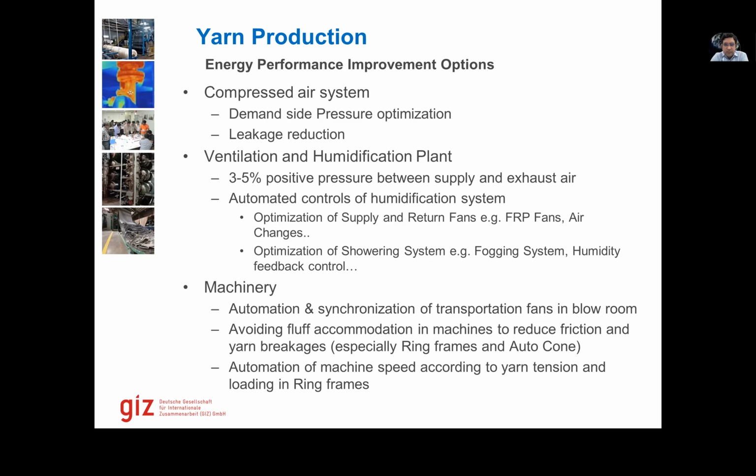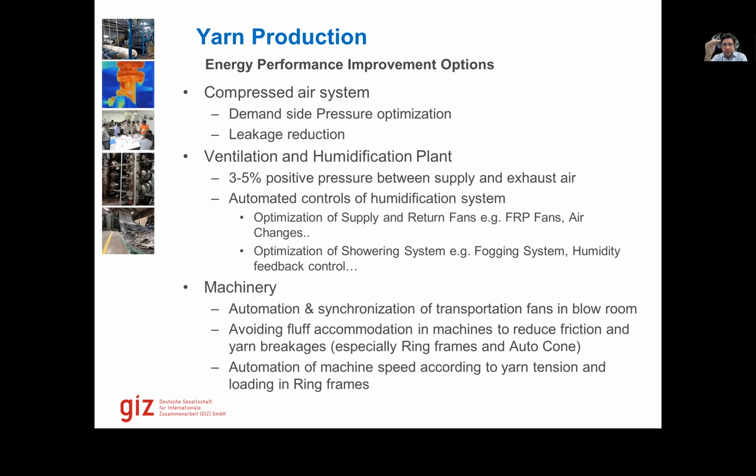Inside the machinery, the cotton from the first process till the carding process is transported using blowers. So the cotton is in the pipes, then there are blowers which are blowing the cotton, and it is transported with the push pressure of fans or blowers, and the cotton goes from one process to the other process. We have seen often that these blowers are neglected, and these are not automated as well, based on the amount of cotton that is being delivered. So these can be automated.